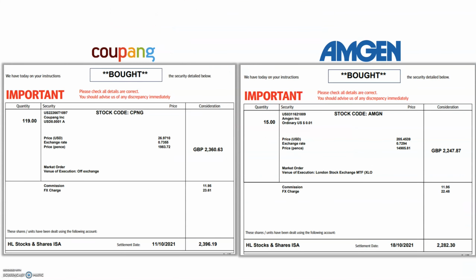2 new stocks. I picked up Coupang, an e-commerce company, 119 shares. These are based in South Korea. I got the share price at about $26.97, and I spent £2,360 on this, including the charges. So that's quite a high position. It's about 2% or 3% of the portfolio, and when I'm starting a new position, that's kind of the value that I like to go for. As with Amgen, a large pharma company, I picked up 15 shares at a share price of $205, and again the total value of the trade was